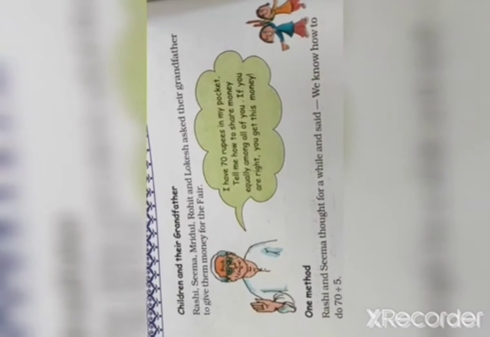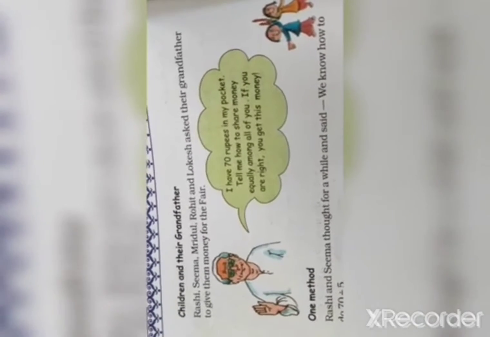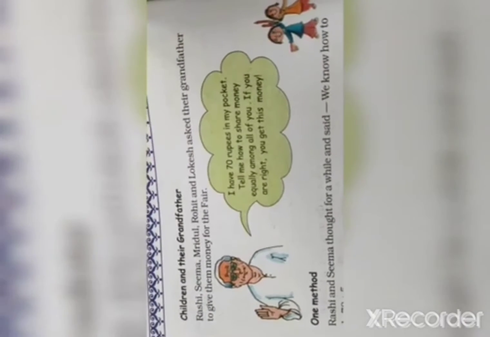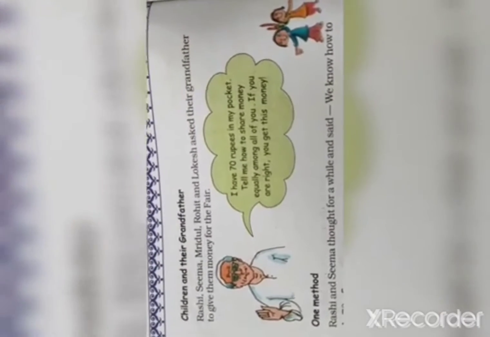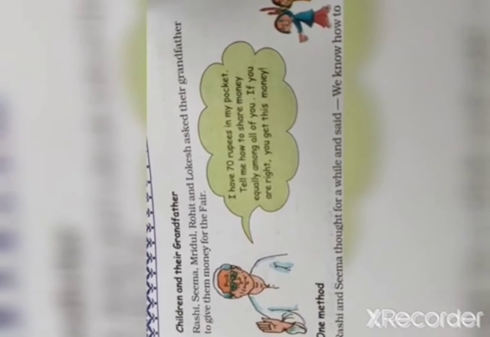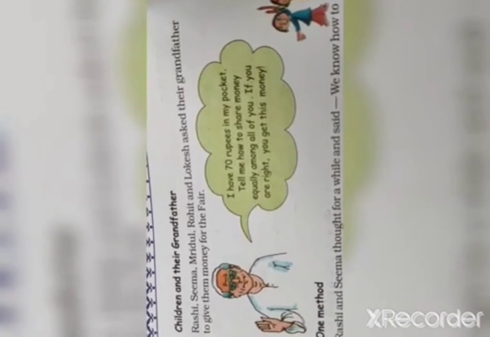So what will Dadaji do? He will again give 1 rupee. So 5, again 1 rupee. So 10, again 1 rupee. Another 5, again 1 rupee. So 20 rupees completed. So how many rupees is each child getting? 14. Because grandfather is giving 1 rupee 4 times, and 1 time 10 rupees. So 10 plus 4,